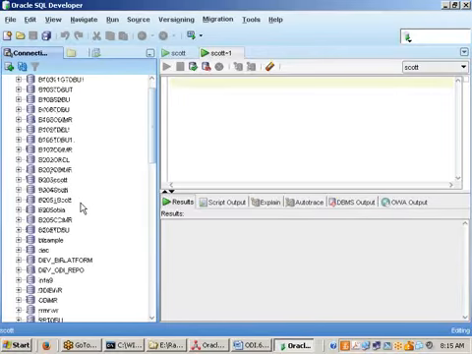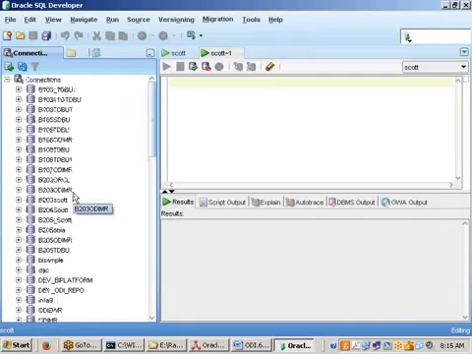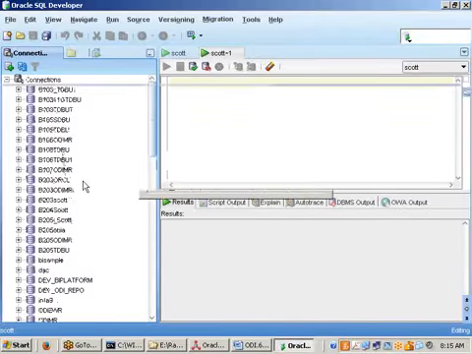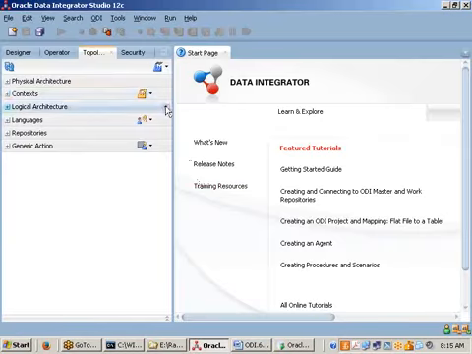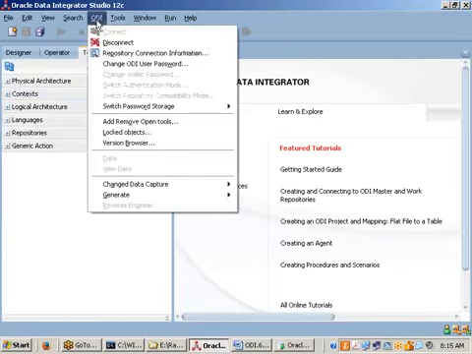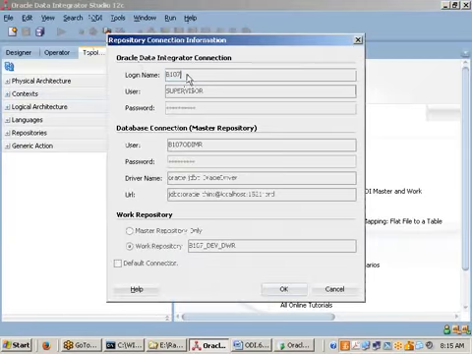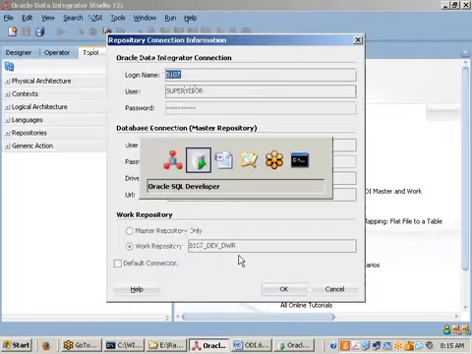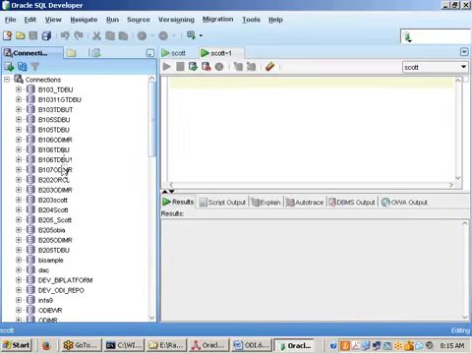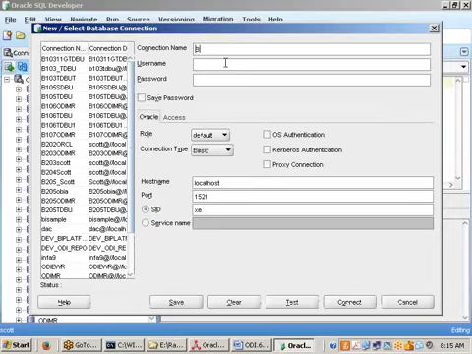Similarly, I have a target also. What is the target, sir, you created? B107. This is the connection you created here, the ODI repository connection information, B107, right? I hope you created the target also as B107 TDBU only, right? Then B107 TDB should be available here. It's not available. Yesterday what name did you give? B107 TDB only? Okay. Now let me go and try to create the connection B107